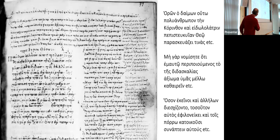The images are not very good, but again, you can see this is the beginning of the Epistle to the Corinthians. Again, you can see that most of the marginal commentary is added by the same hand that copied the main text. The handwriting is datable to the mid-10th century, so close in date to the second scribe in our previous manuscript. But then